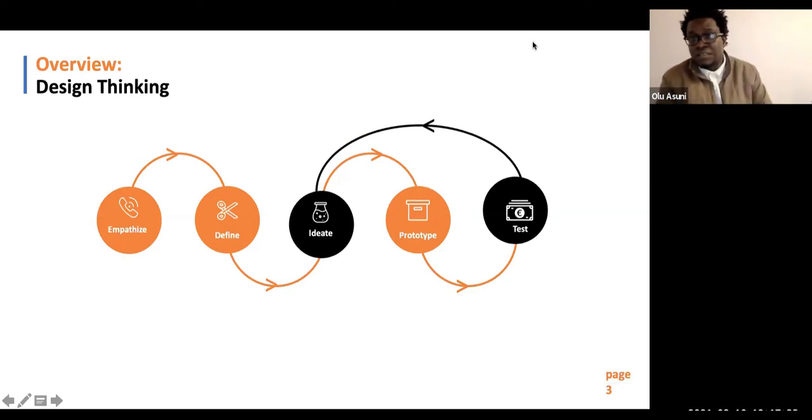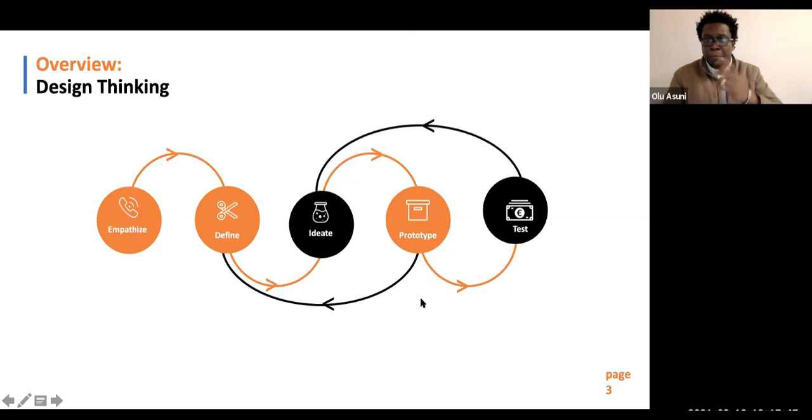Sometimes whilst actually testing, you ideate again with your customers and you co-create new features or new capabilities. And it's almost always the case that we also go back from prototyping to defining our boundaries, because we find out during prototyping that perhaps our boundaries are not as solid as we expect. They are too fluid and are subject to multiple definitions or descriptions, and we want to tidy that up, so we go back. And sometimes in definition we find out that we might have missed a key stakeholder segment, and we go back into empathize.